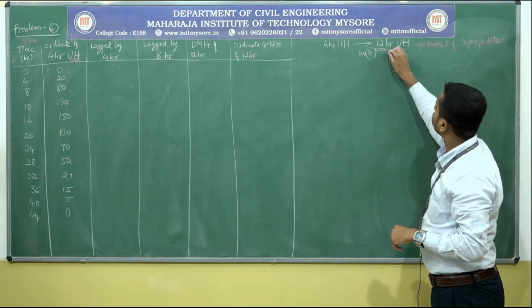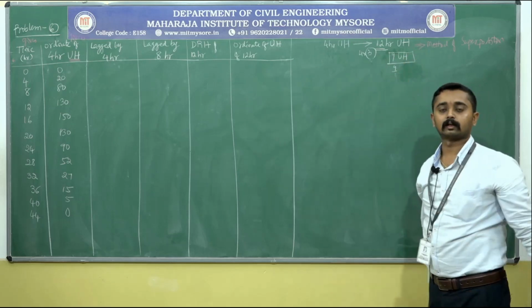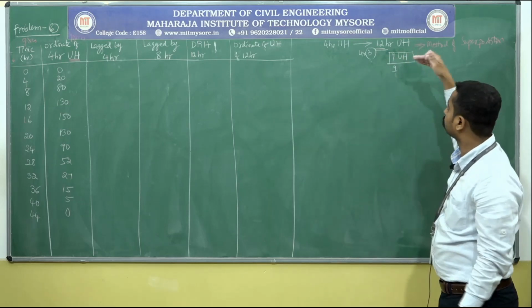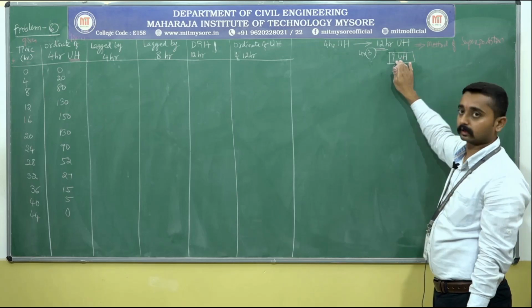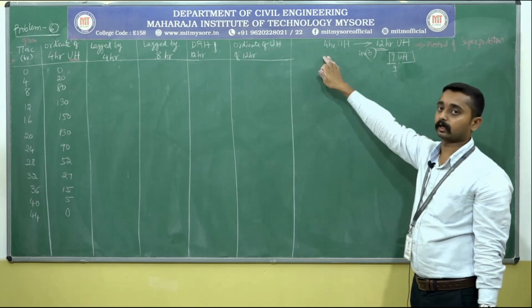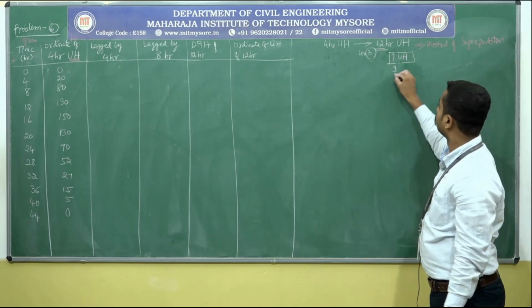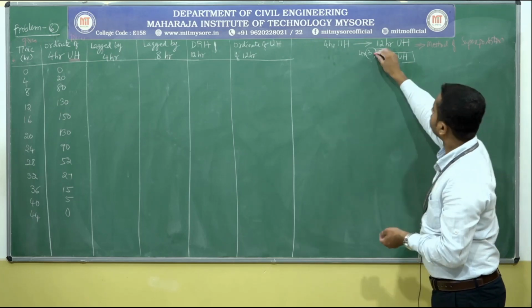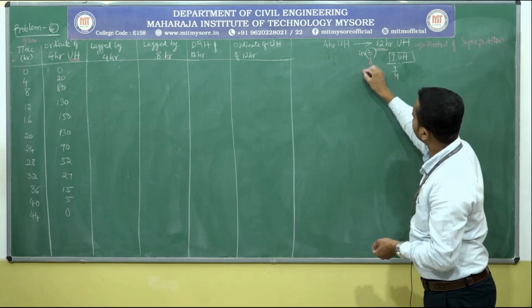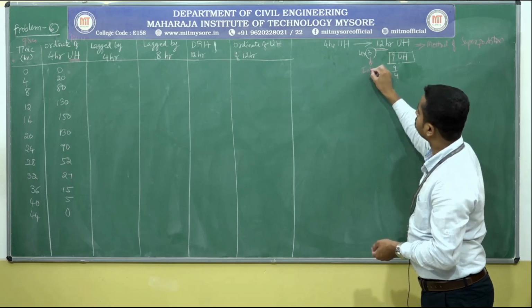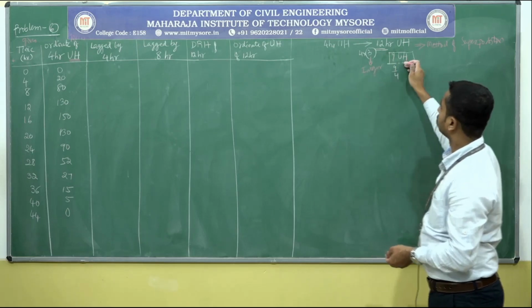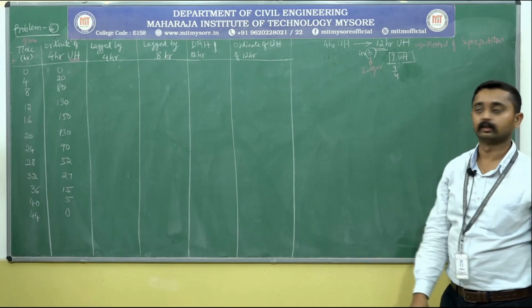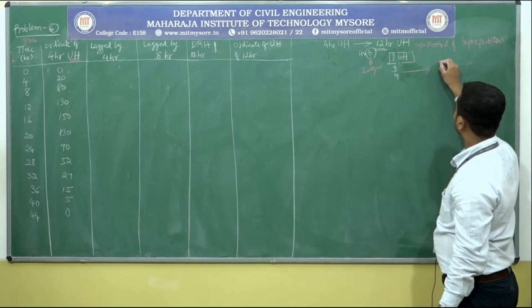If we need to calculate a 9-hour unit hydrograph from the 4-hour unit hydrograph, then 9 divided by 4 you will get a fraction. n is not an integer, correct? Here n means 3, n is an integer. But here this is not an integer, then we go for the S-curve method.